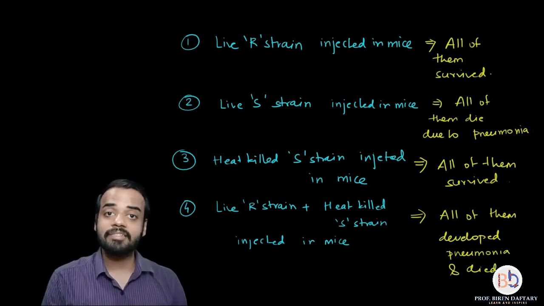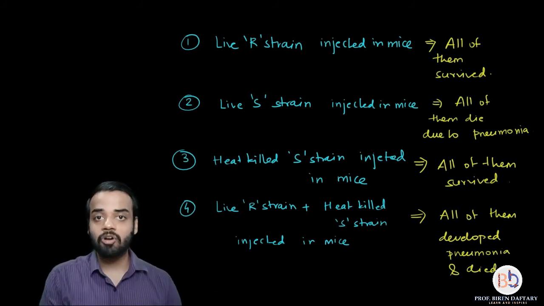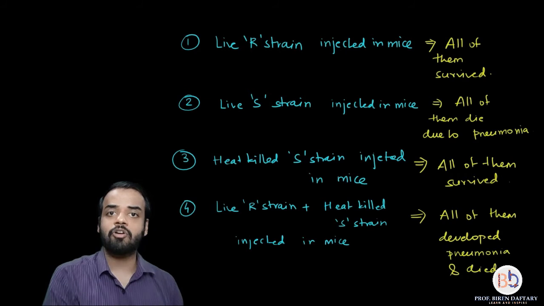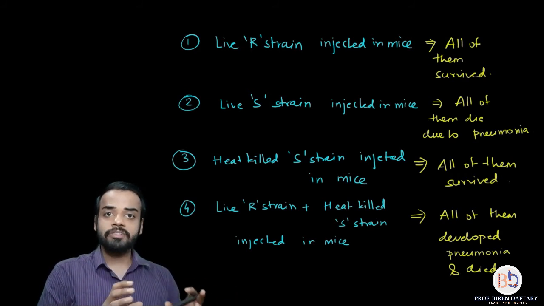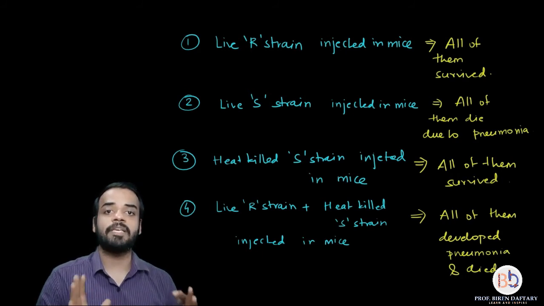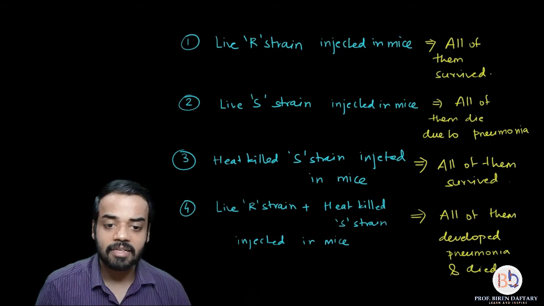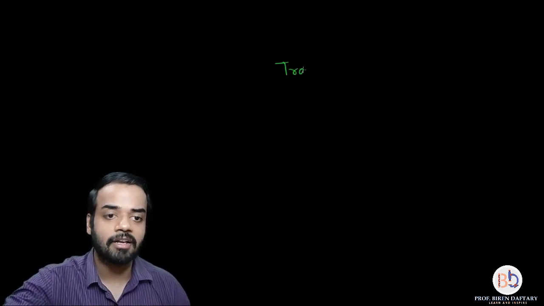So this is what was basically explained later on by a few people. Okay, they were called as Avery, MacLeod and McCarty. But what was actually happening over here was something which was called as transformation. Okay, so let us just move sideways and let us see what is exactly happening. What was exactly happening was something called as transformation.